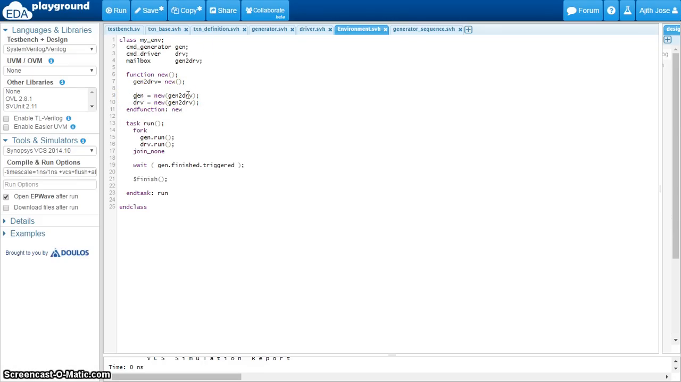Whenever the generator sends a transaction to its mailbox, since that mailbox is pointing to the mailbox in the environment, the same mailbox, through the same mailbox, the driver will also get the transaction. Again, there is a run task in the environment class, and there we are just forking the generator and driver run tasks. So gen.run and drv.run are called, and immediately launching the thread, we are coming out of there as